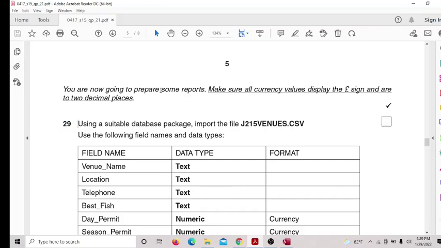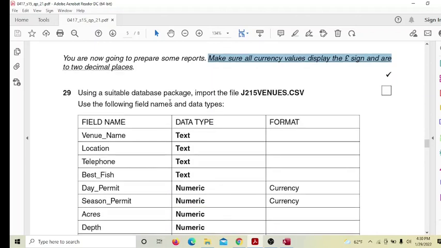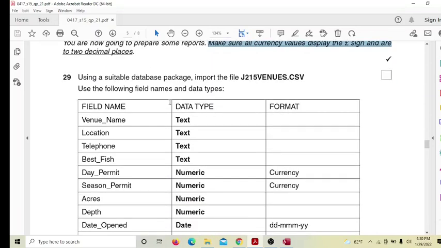You're now going to prepare some reports. Make sure all currency values display the pound sign and are two decimal places. So the default currency is the pound, and we have to set every currency in the data to two decimal places. Step 29: using a suitable database package, import the file